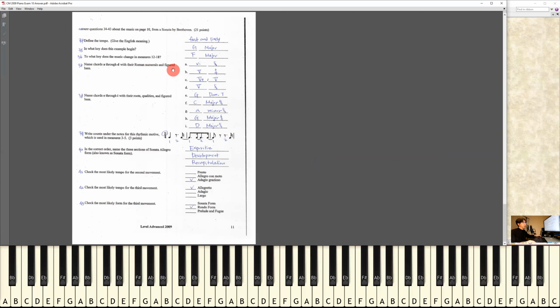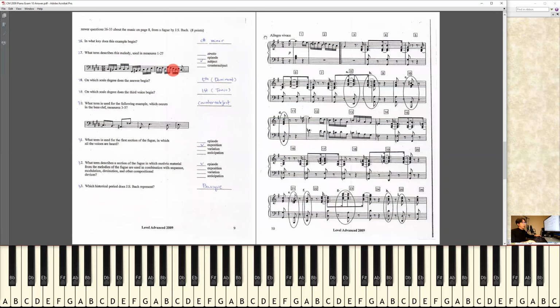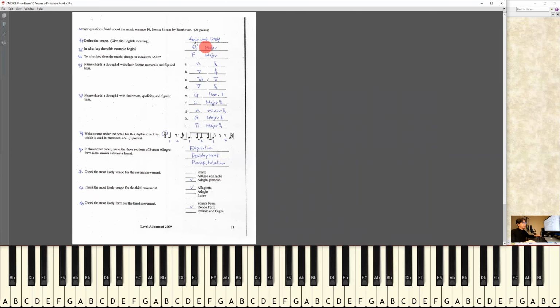So define the tempo again. Allegro is fast. Vivace also fast. So you can say fast and lively. Okay. And then